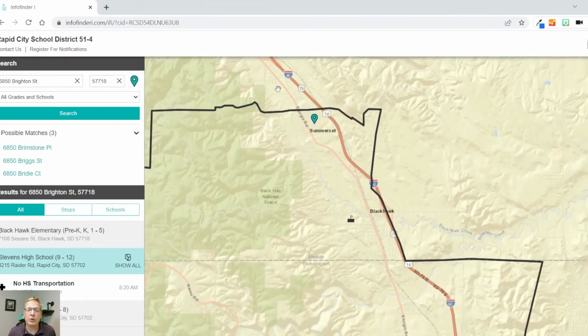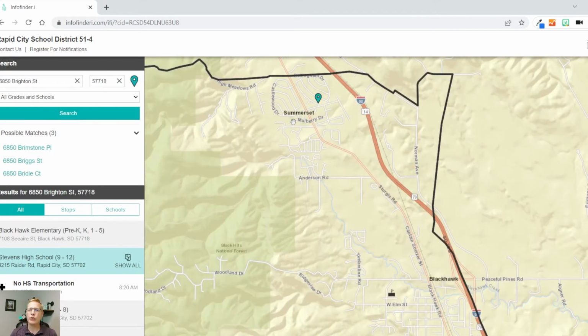Now, just up the road here is the Meade County School District, which we'll get into in just a little bit. I do know some people that live in the Somerset area that send their kids to the Meade County School District. There is an elementary school in Piedmont, so that's not too far away, and a newer middle school also in Piedmont Valley, not too far away from Somerset. However, at this point, the only high school is Sturgis, which is about a 20-minute drive away. So that's where your high school kids would go to school in the Meade County School District.